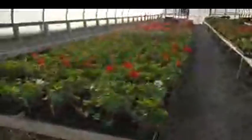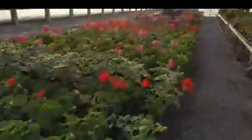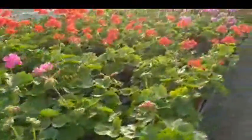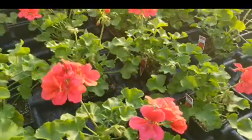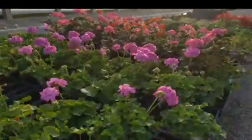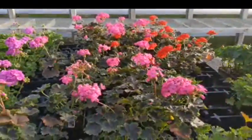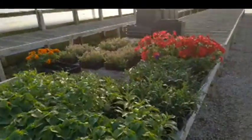Let's see. So, geraniums, they're all in here, what we have available. So I'm going to walk you through. There's some red, there is some variegated, there is the pink. We have some of this is the orange splash, which is kind of coral-like, more so than orange. Lavender. We still have a couple of the tall, dark, and handsomes. Once these get into a bigger pot, they're going to grow huge. Couple of the 6-pack